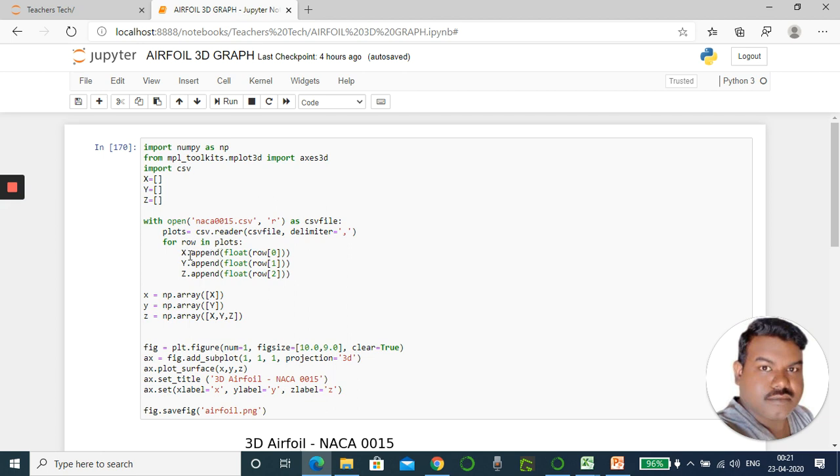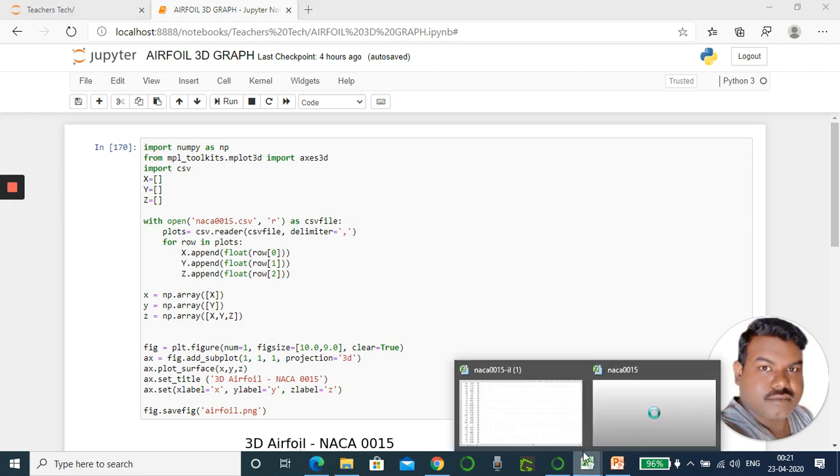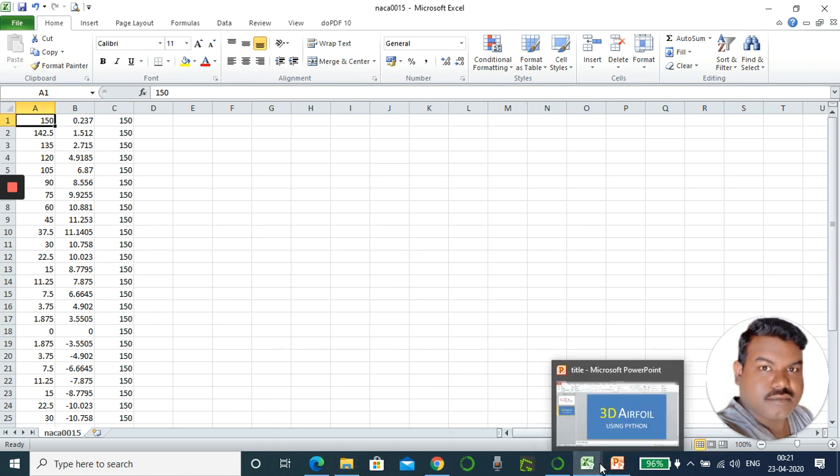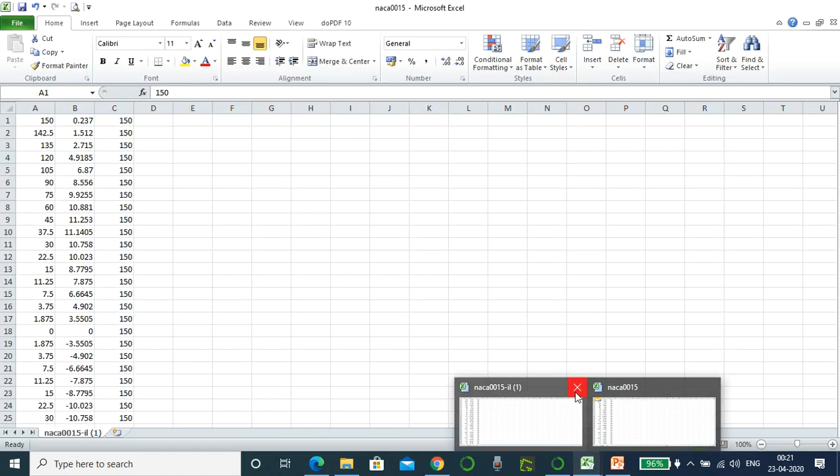I'm going to add some value to x. What value? It is a float and it is in row 0, 1. Here in NACA 0015, this is row 0, this is row 1, this is row 2. As per the program, I close this one.